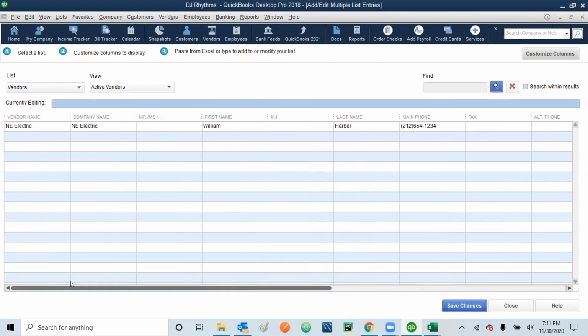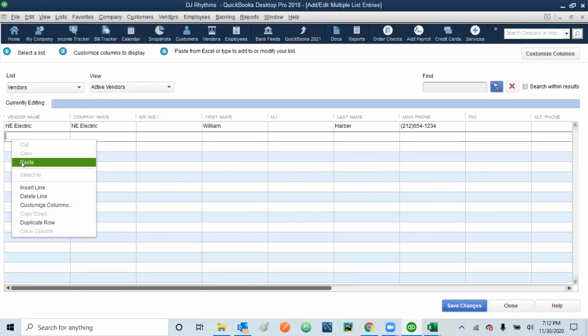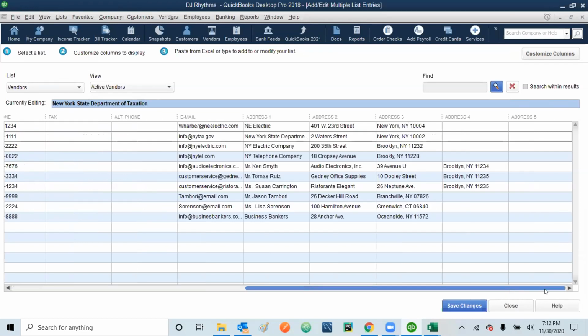So always remember, because you have matched from first name to the last heading, you have to make sure that you select the first name first, and then you can copy and simply paste. Pasting is very easy. Either you can go to edit and then click paste, or you can right click and paste, and all the names are in their place.